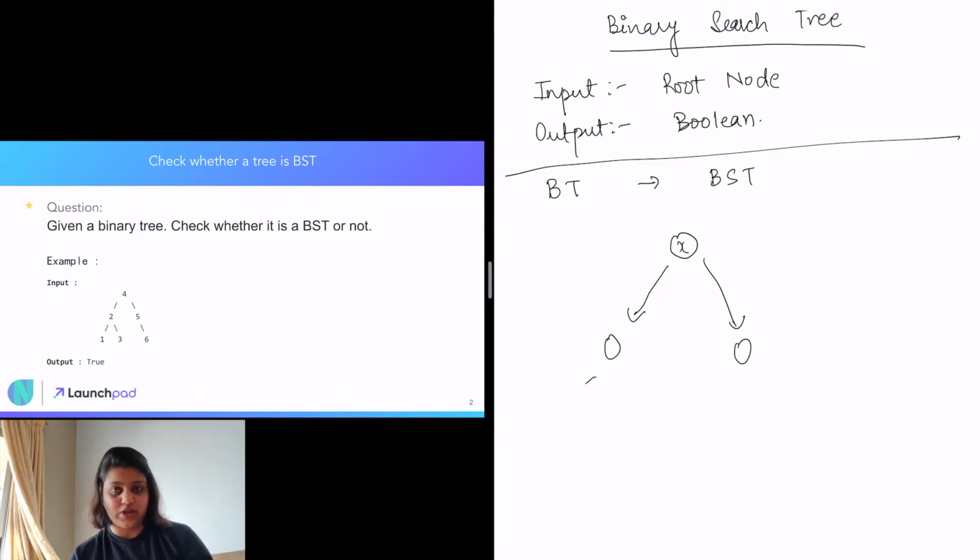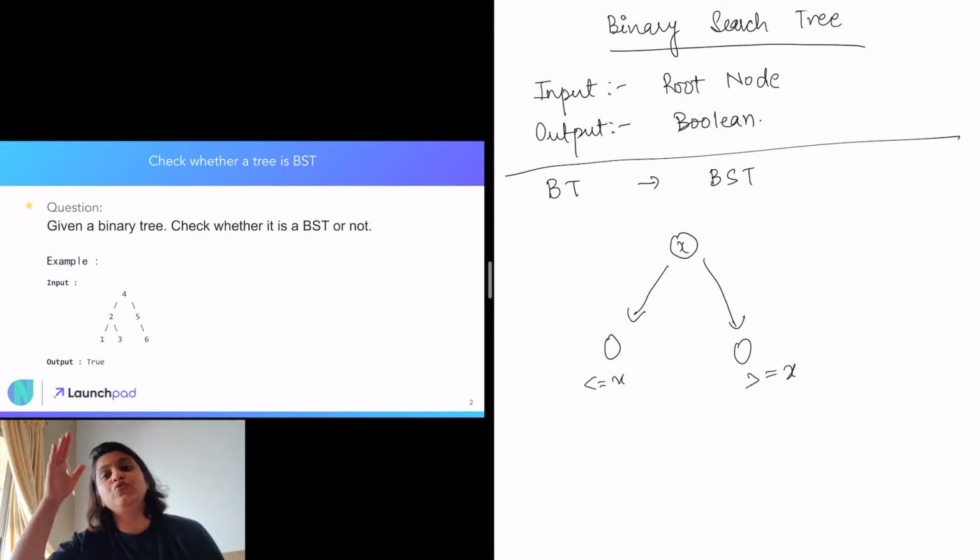Its left child has to have a value less than x and the right child has to have a value greater than x. That means that given a node, the right child will always have a value greater than the parent node and the left child will have a value less than the parent node, or less than or equal to. It can be both. It just depends on the requirement in this particular problem. It can be less than or equal to and greater than or equal to.